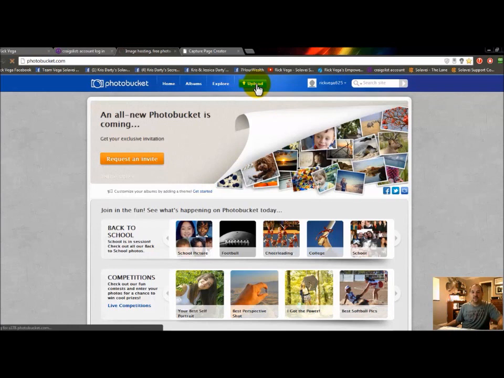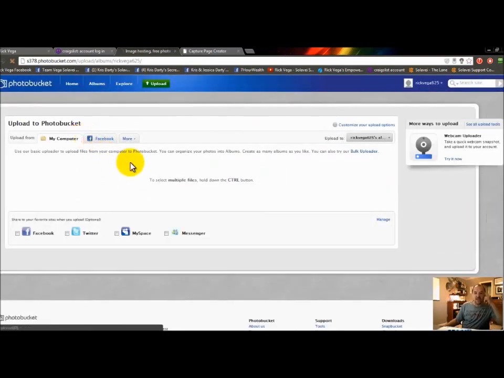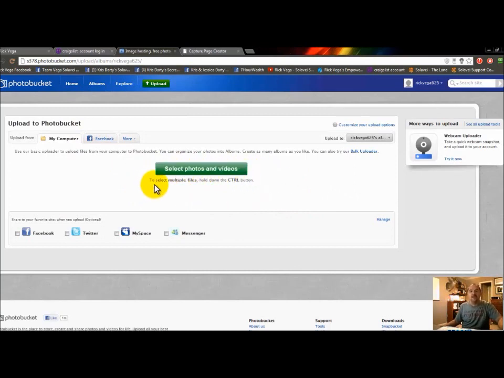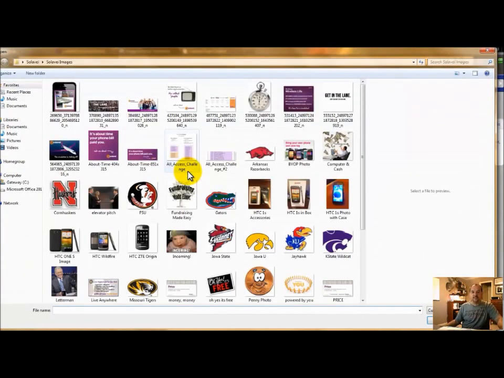All right? And I've done that here. Taking a second. And when you get to this screen, you're going to see a big green button that says... well, I'm waiting for that big green button to actually populate. There we go. Select photos and videos. So what we'd do is we'd click that button and we would go and look for that particular image that